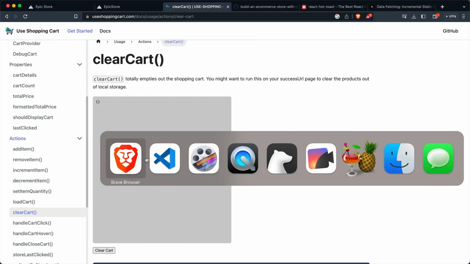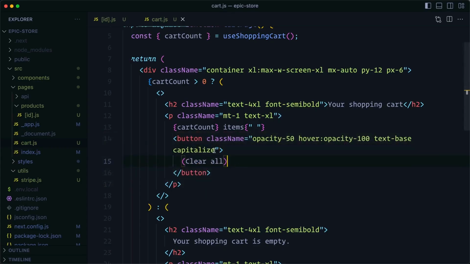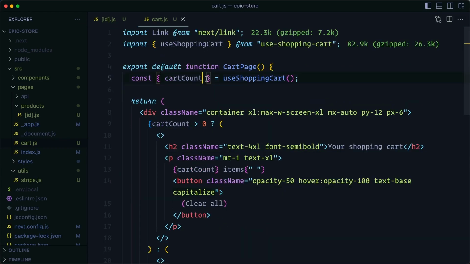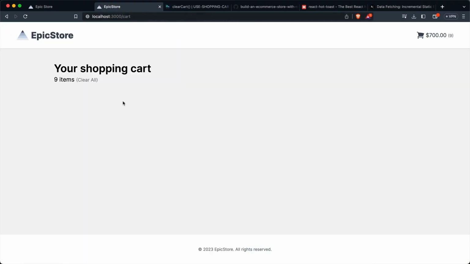And we don't need to pass anything to it. It just dumps everything that we have stored in state and in local storage. This comes again from use shopping cart. So we'll grab clear cart and we'll add an on click. And we want to write an inline function and then call in the return of that function clear cart. So at this point, if we attempt to clear our cart, we click clear, all of the items in our cart were removed, so the price goes back to 0, the cart count is 0, and we see the fallback text